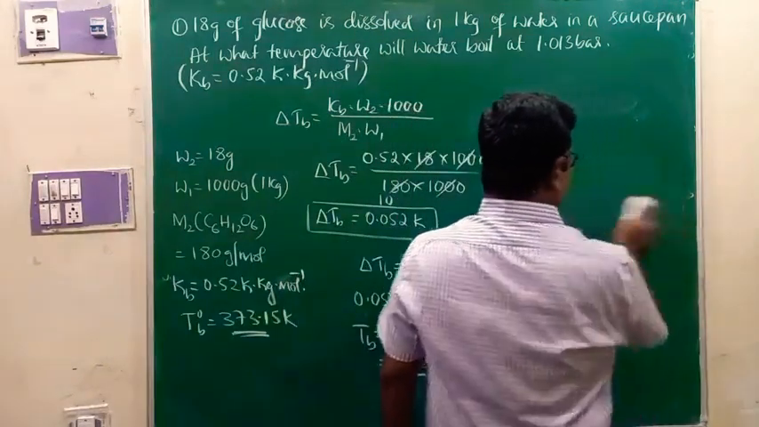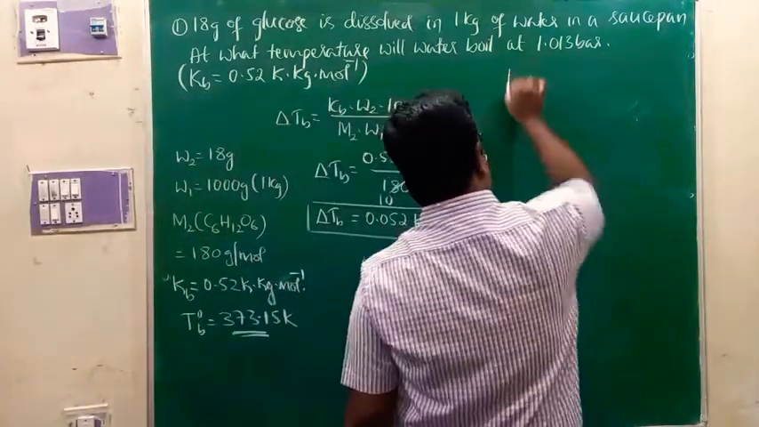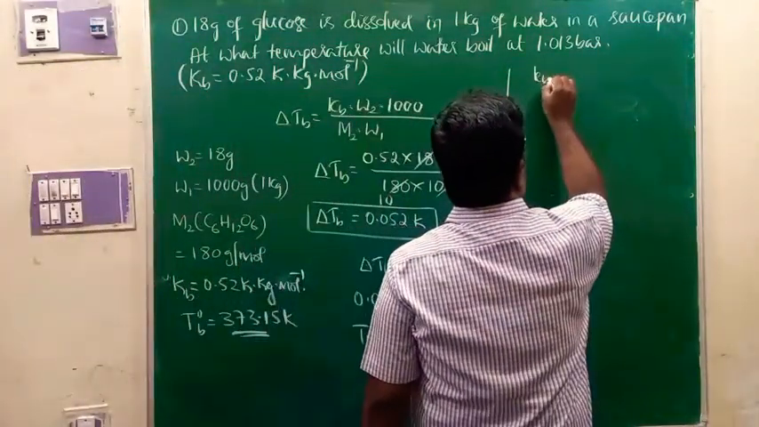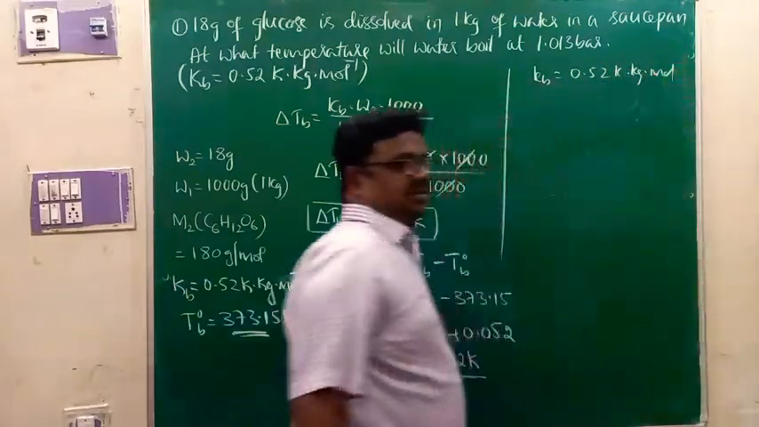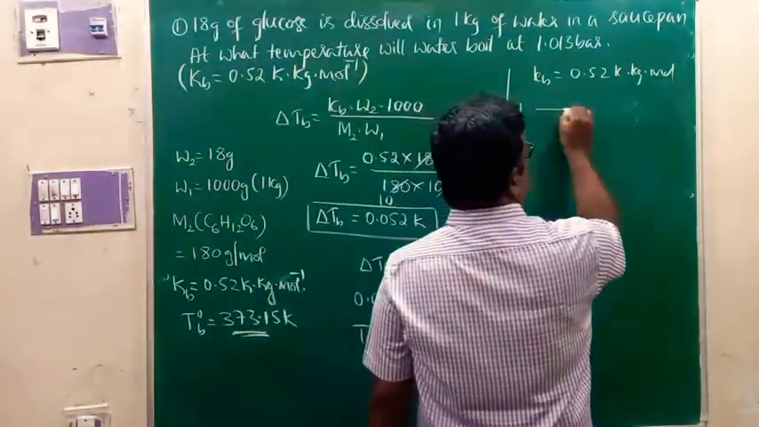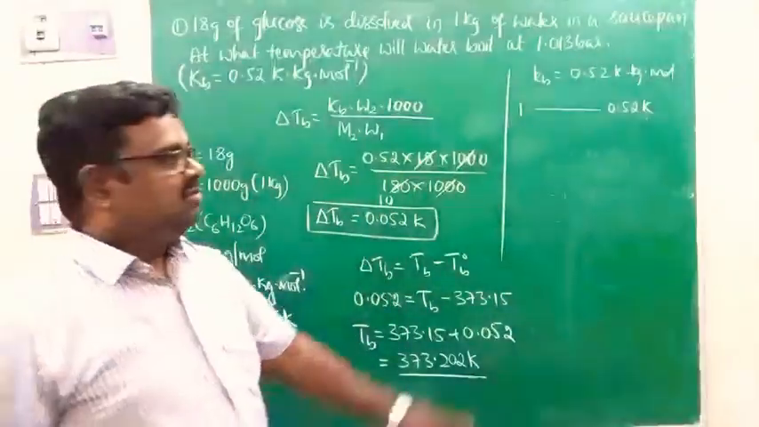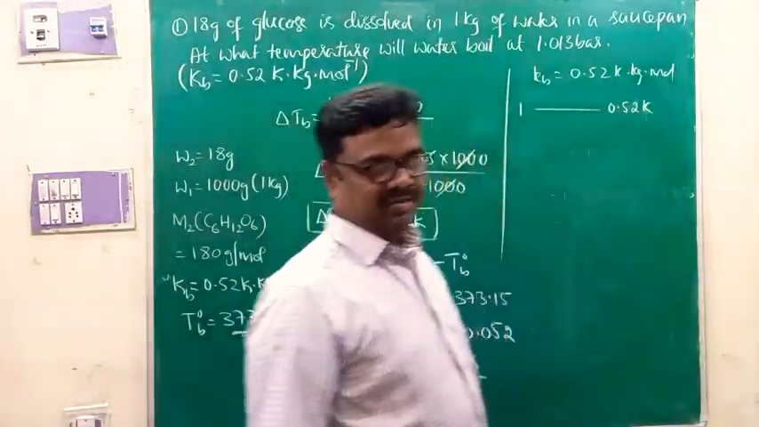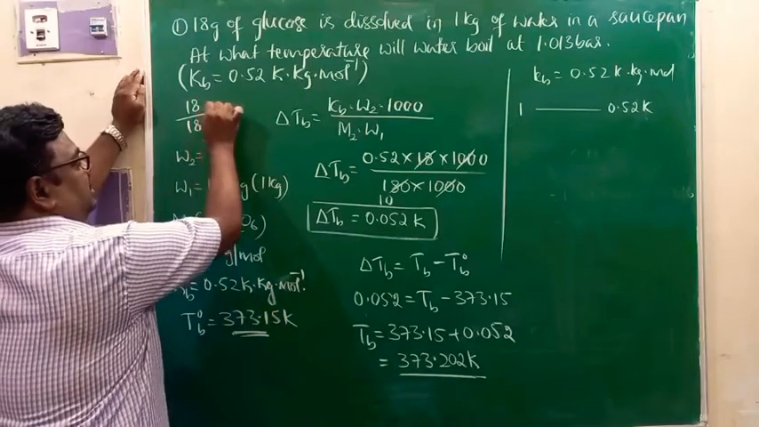This is how you generally do it in your annual exams. If the same problem is given in the CET, I will do it differently. See, if Kb is given as 0.52 kelvins kg per mole, I will easily say that when 1 mole of solute is dissolved in 1 kg of water, its boiling point is increased by 0.52. Now 18 grams by 180 comes to